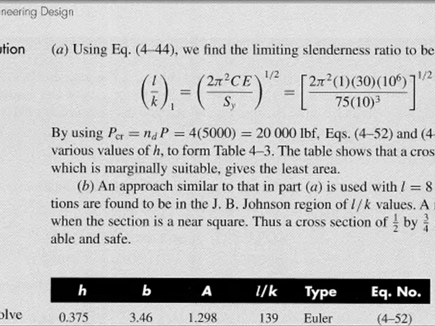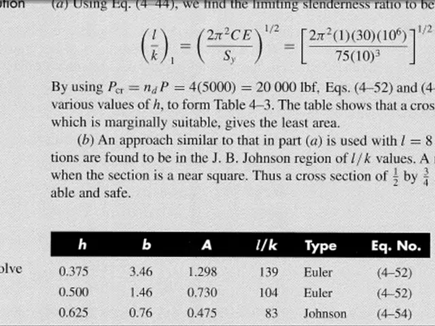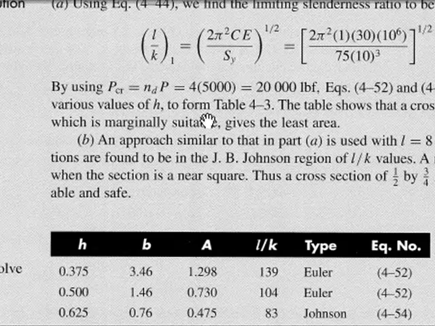Bigger numbers than this would be Euler columns. Smaller numbers than this would be Johnson columns. Okay, and so first thing we're going to do is guess a value of h of 0.375,